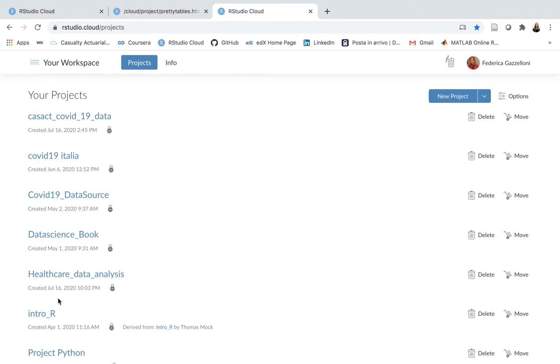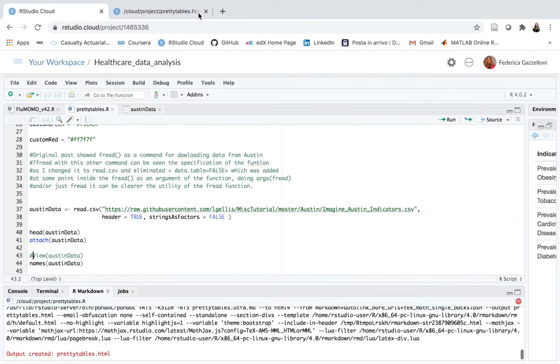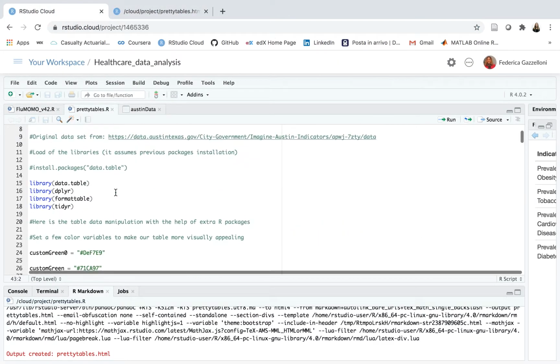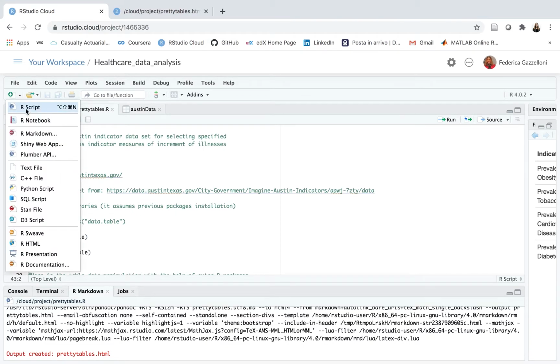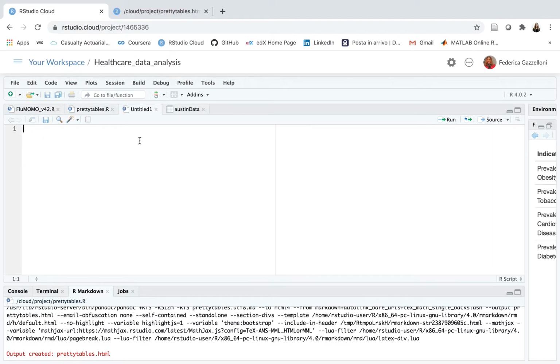Here is the list of my projects. I just click on healthcare data analysis, and it will open my project. As you can see, I have written everything in a script, and to open the script you just click this little green icon, do a script, and save it